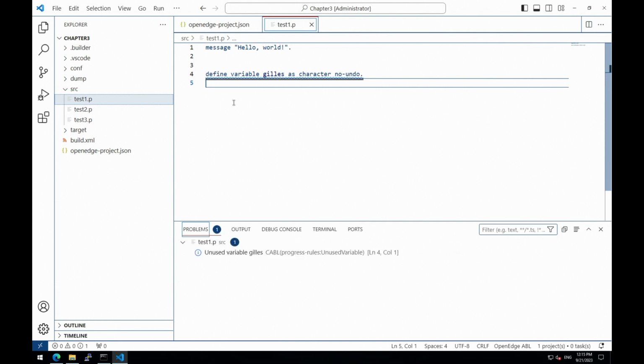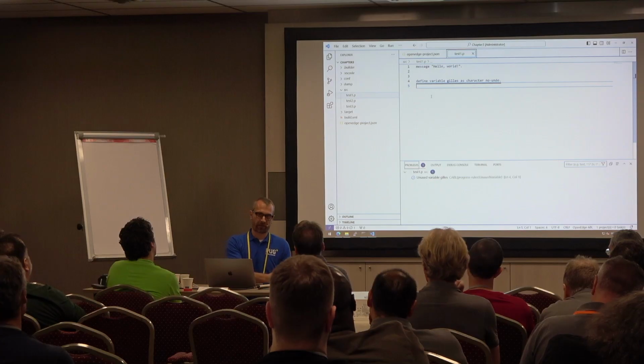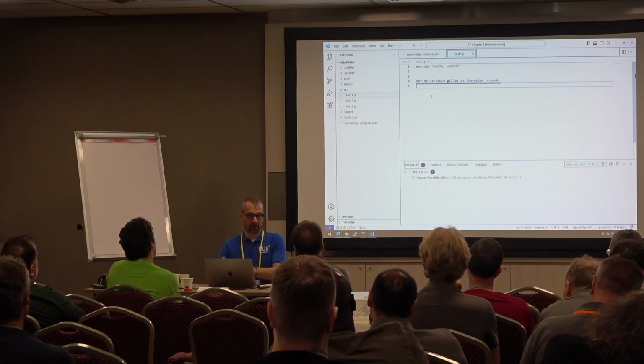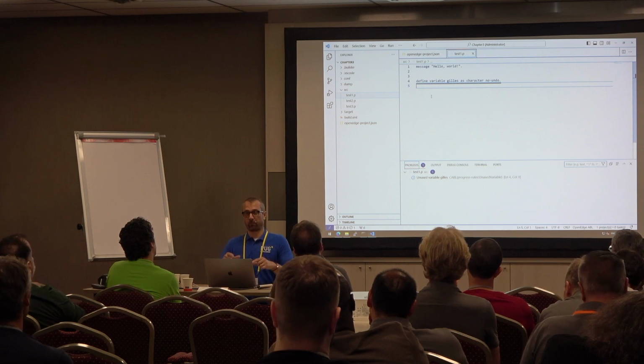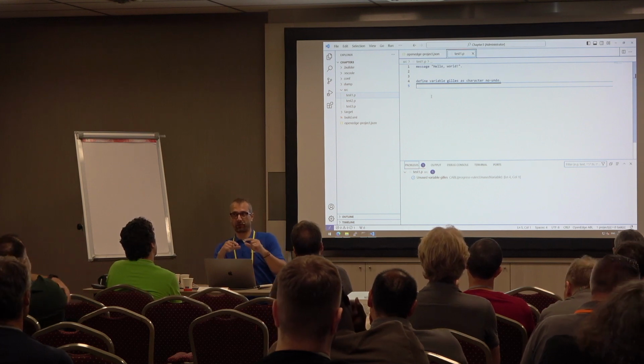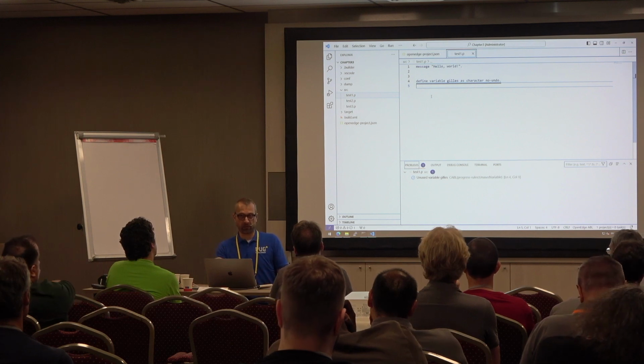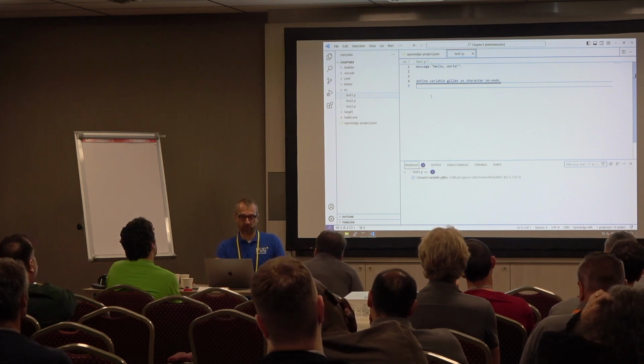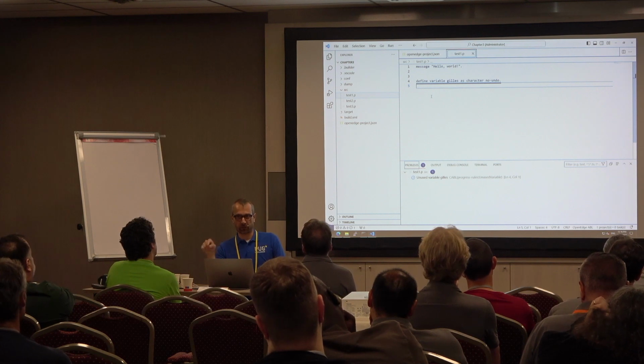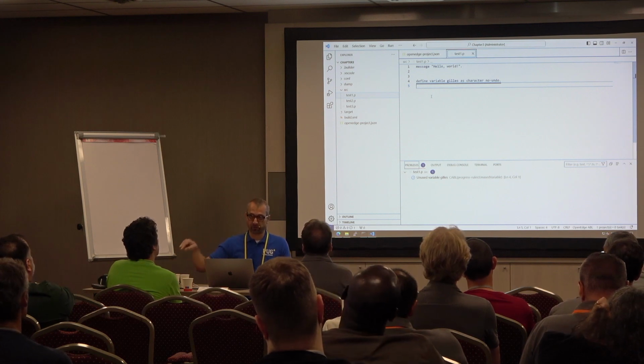Compilation is done when you save the file. There is no Shift F2 to check syntax. There is no way to compile something explicitly. You save the file, and this is compiled on the fly by the language server. So there is a monitoring process. Even if you modify something outside of VSCode, that will be trapped as long as the language server is running. The file modification will be trapped, and that will be compiled automatically.